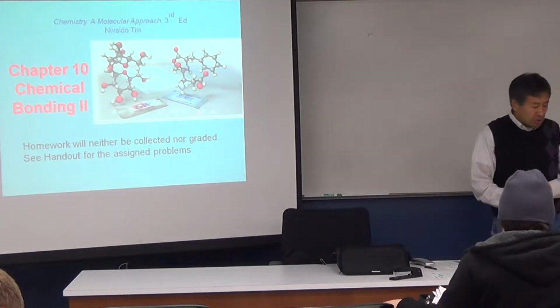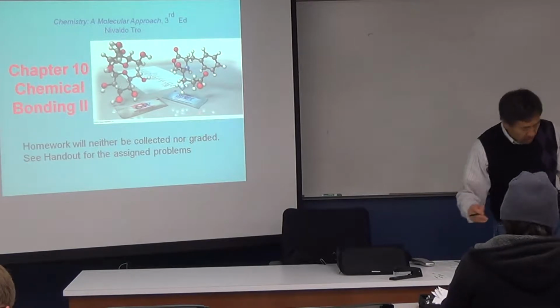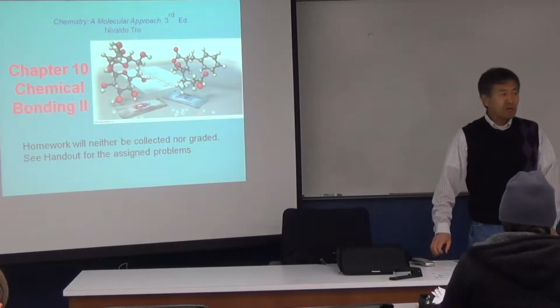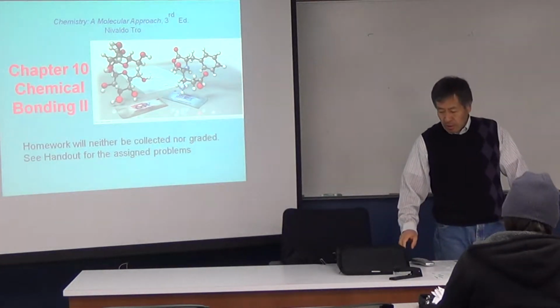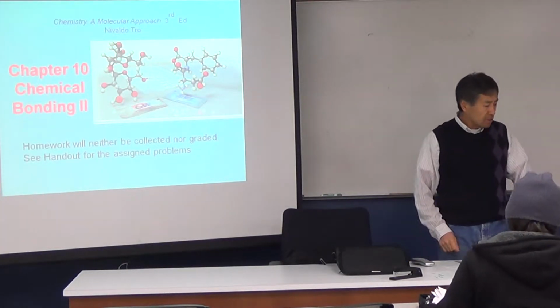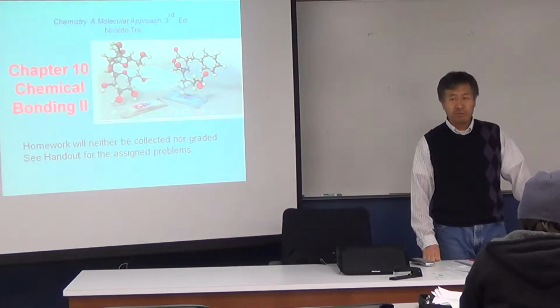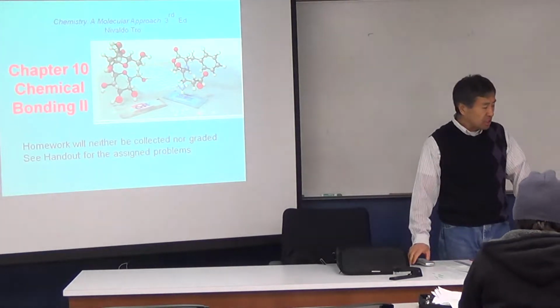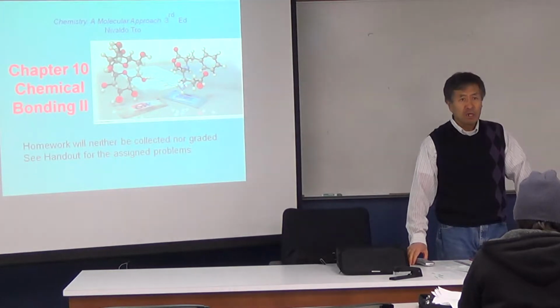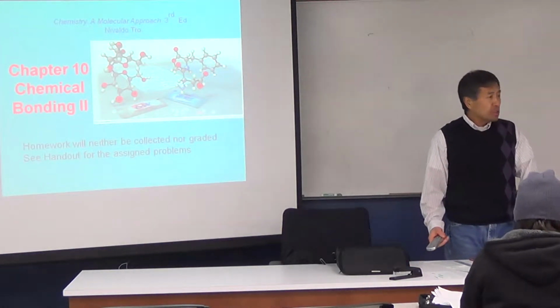Right. So chapter 10 is the second chapter of chemical bonding. In this chapter we are going to study more chemical bonding theories, but that is not that important. More important is to use the Lewis bonding theory to try to predict the geometry of the molecule and the polarity of the molecules. To do that,